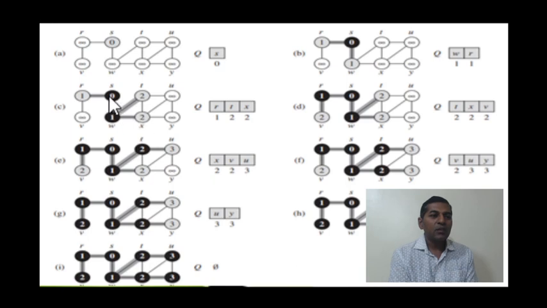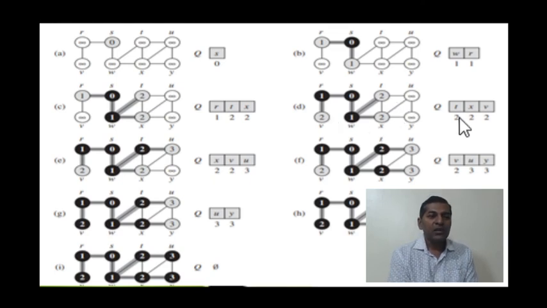The distance from the source is 0, 1 and 2, so these are made 2, and we will add these two into the queue. Then R and X are entered into the queue. Since all the vertices adjacent to W are visited, let's make W black. Done.